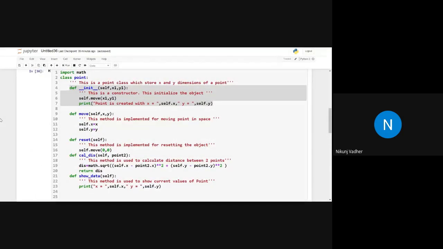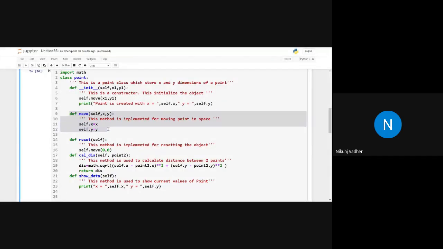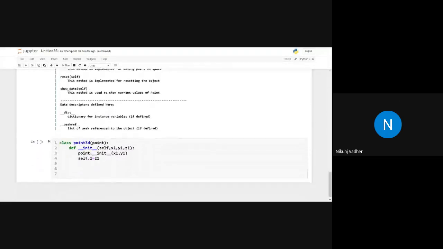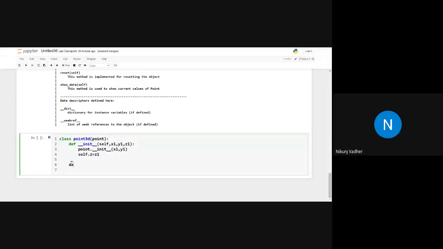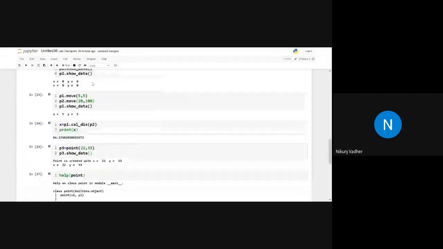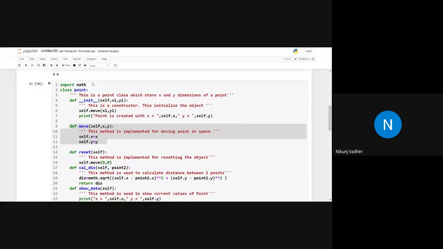That was one thing. We can also use move x. But I think we have to implement it from scratch. So move self. Now here in move we will again specify three arguments, self, x, y, and z.